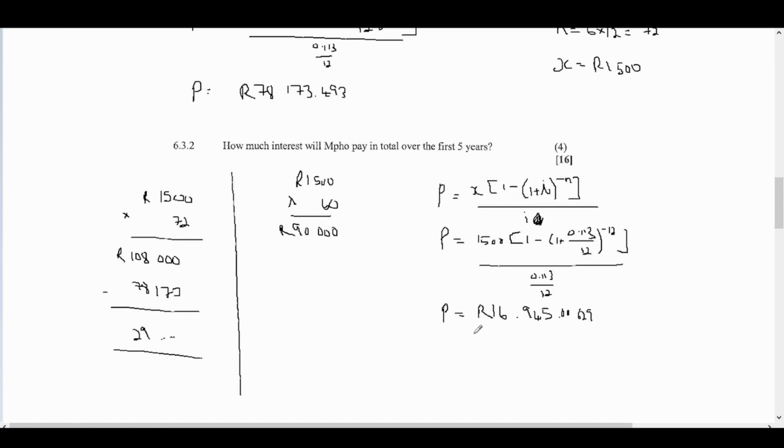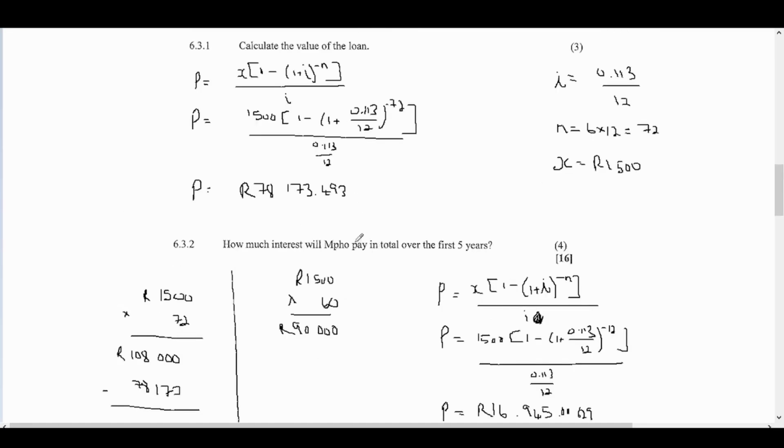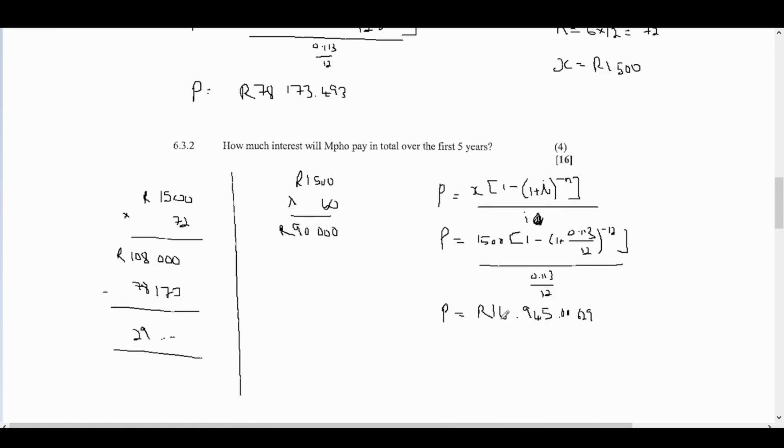Okay, so now let's just work this out. So we know that from the first question, the total loan that he's taken out is 78,000, and he still has 16,000 remaining. And then of his total payments, we also have 90,000. So it's actually very simple if you think about it. To determine the interest that he's paid, we're going to take what he's paid, which in this case is the 90,000,